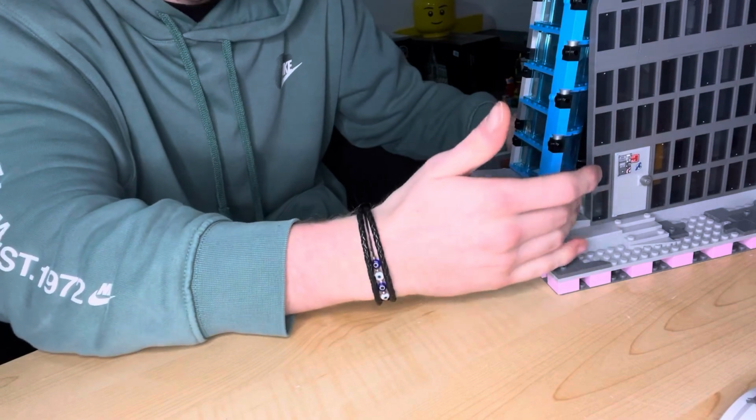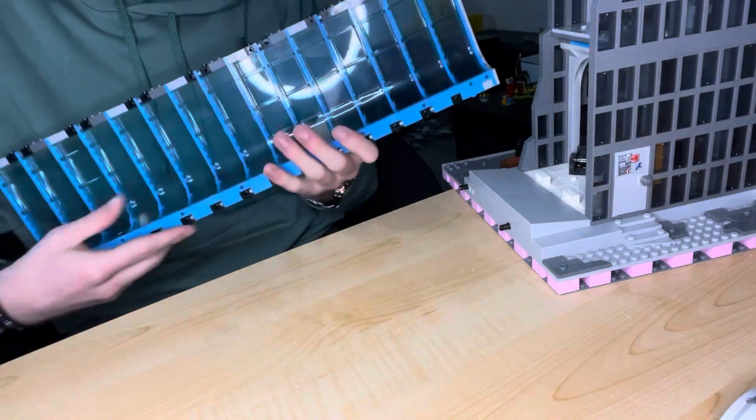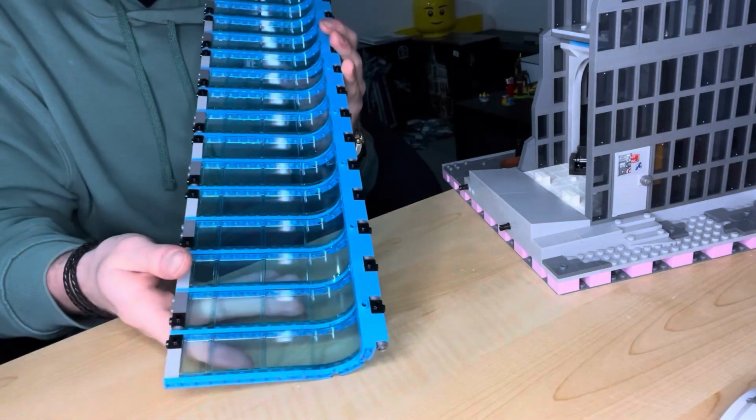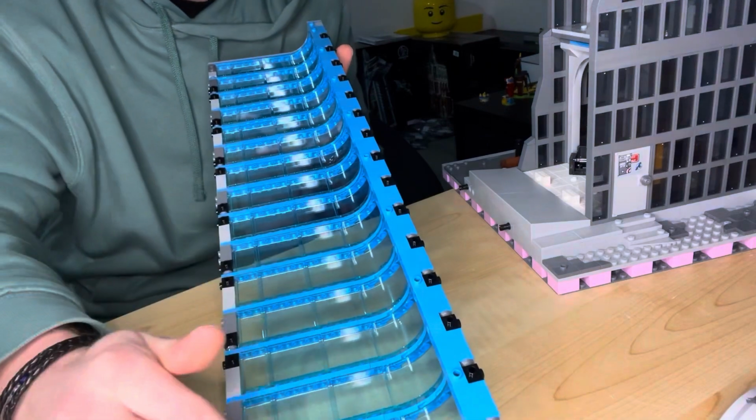and there are some massive gaps here, but these are going to be filled in with the studs on the side, and then we can take this on and off and we can have a really nice looking structure on the front, and I think it looks really cool. Something I hear about this is it's such a repetitive thing though, because